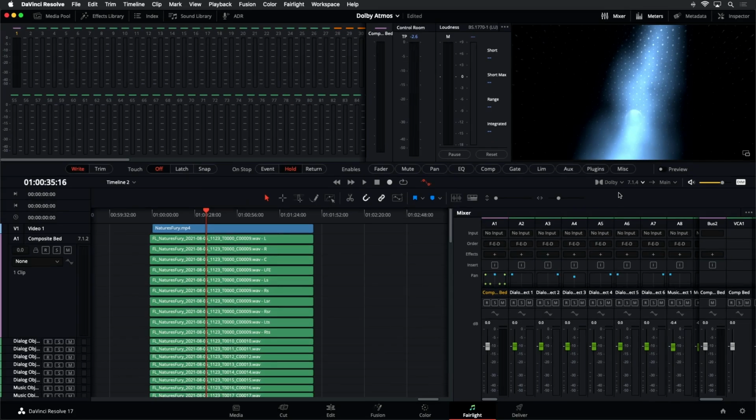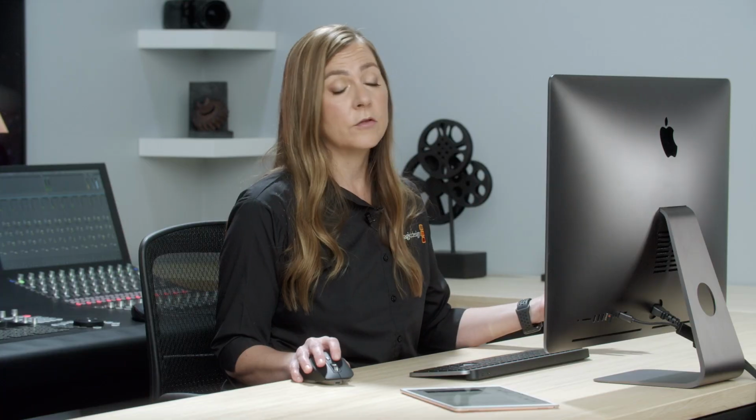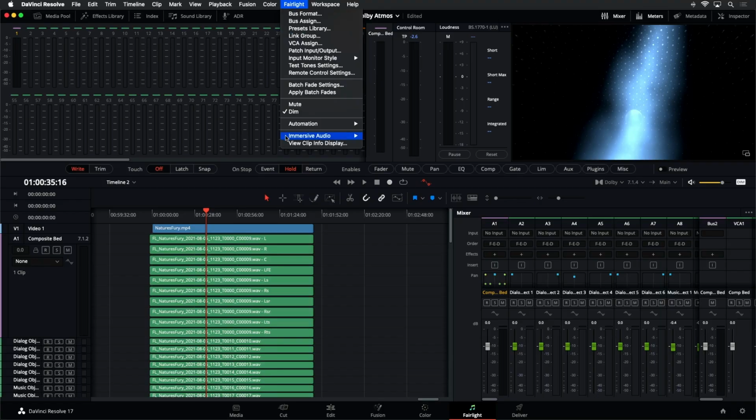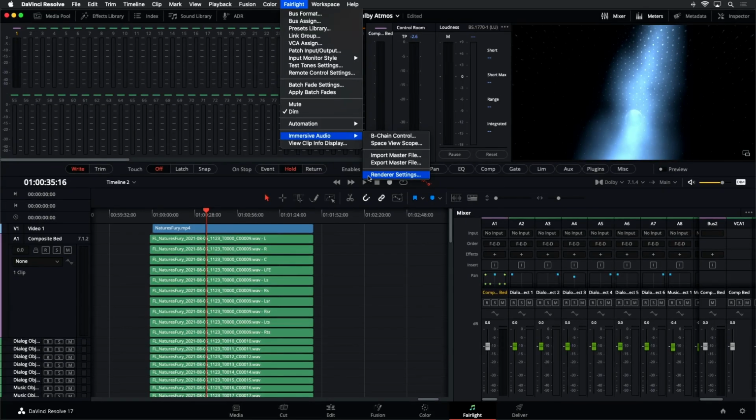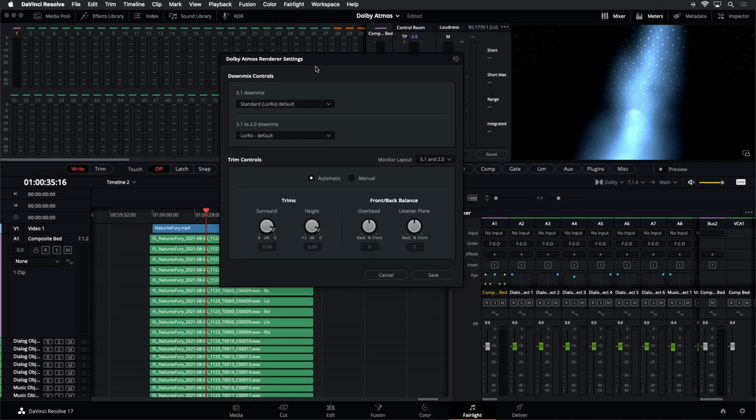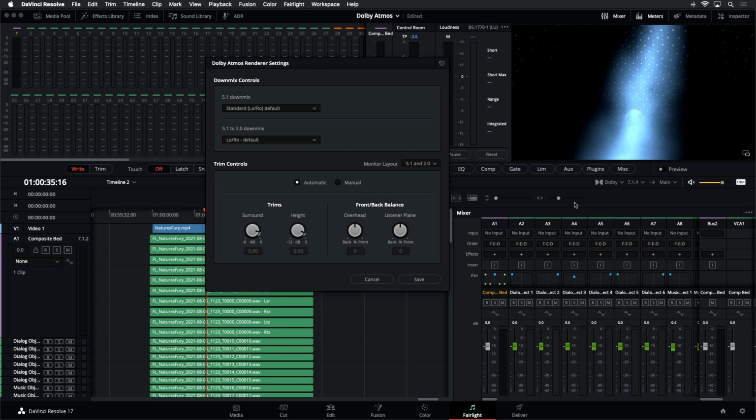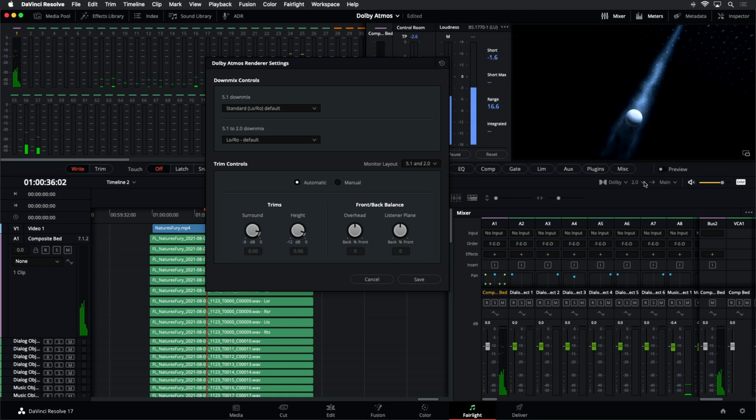Now, before I finish off this section, I also want to show you where the renderer settings are, in case you're doing downmixes and you want to adjust a little bit how those are working. Back up to the Fairlight menu, down to Immersive Tools, and at the very bottom of the Immersive Tools, you'll see the renderer settings. Those will bring up the downmixing controls. If you happen to be downmixing to, let's say, stereo or 5.1, and you want to make some adjustments, this will allow you to trim your surrounds and your height,